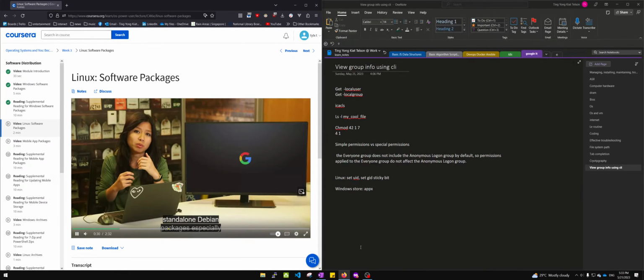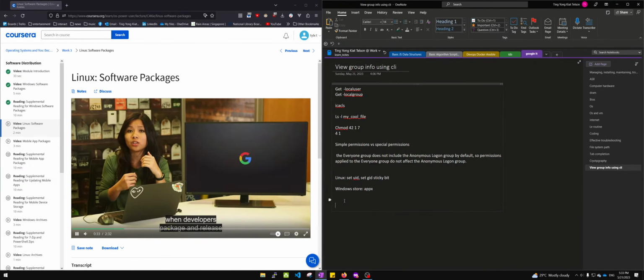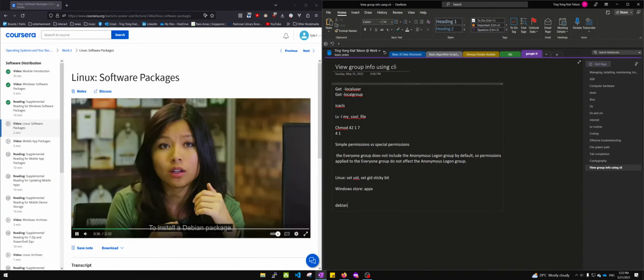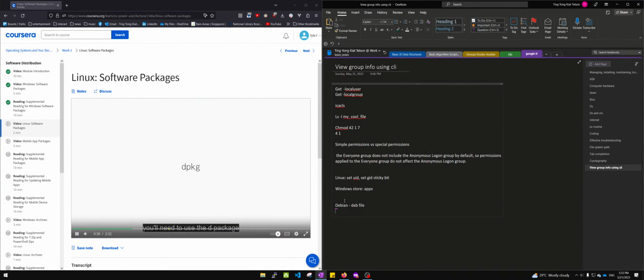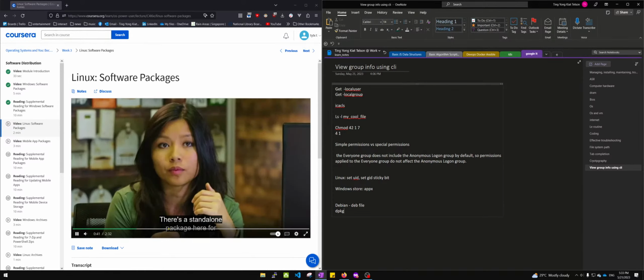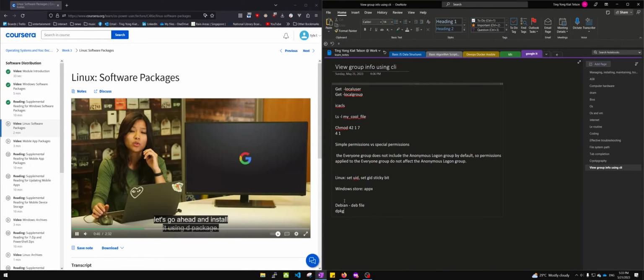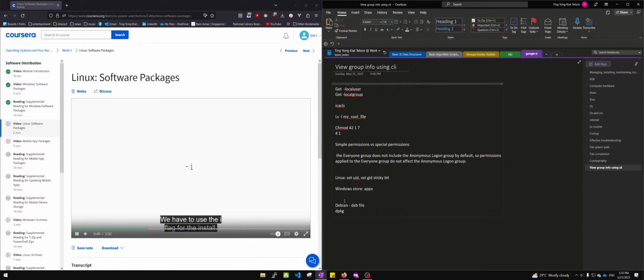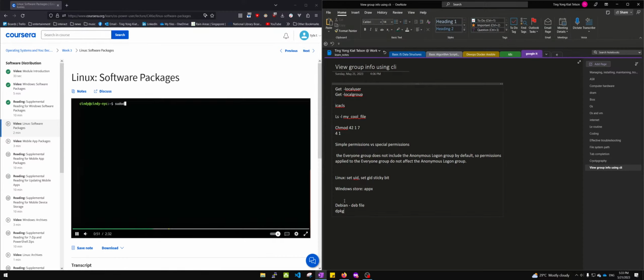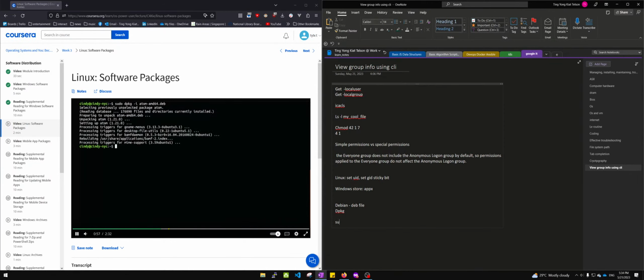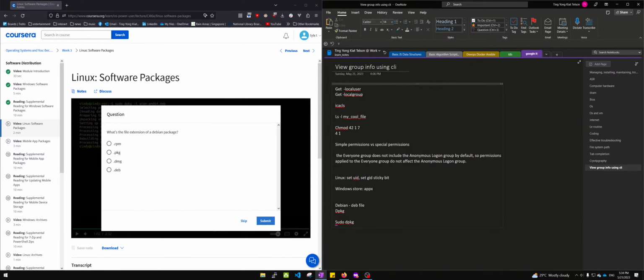You'll have to work with standalone Debian packages, especially when developers package and release their software on different websites. To install a Debian package, you'll need to use the dpkg or Debian package command. There's a standalone package here for the open source text editor Atom. Let's go ahead and install it using dpkg. We have to use the -i flag for the install. And that's it. Now it's installed on this computer. How about if we wanted to remove a